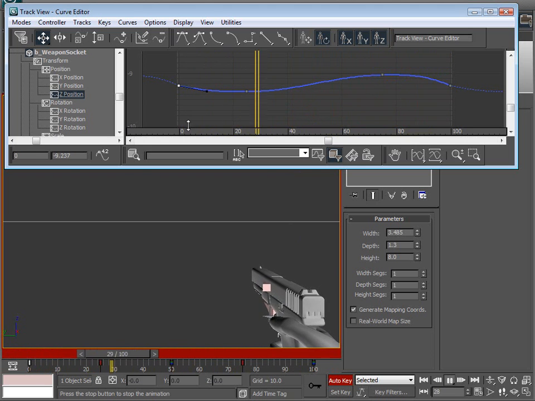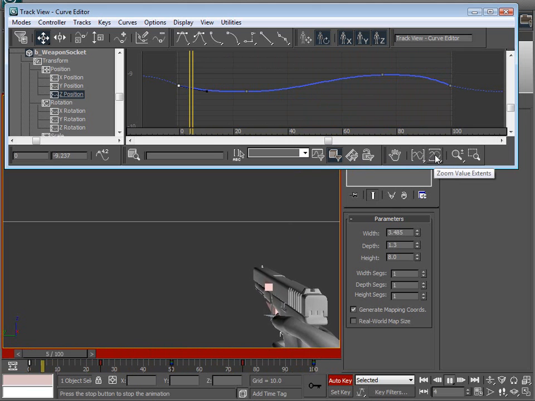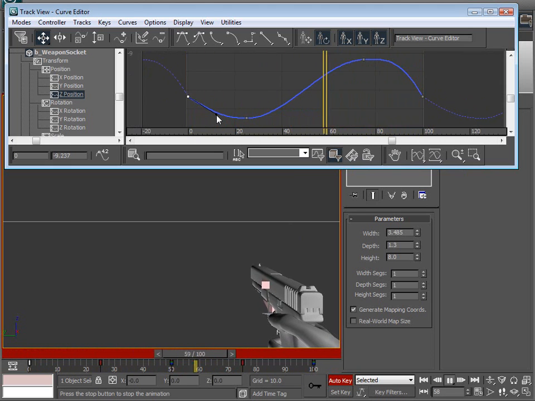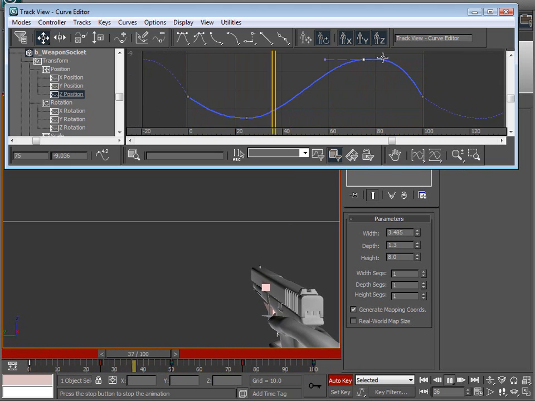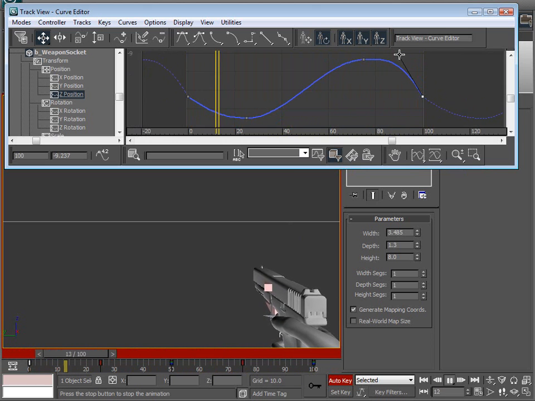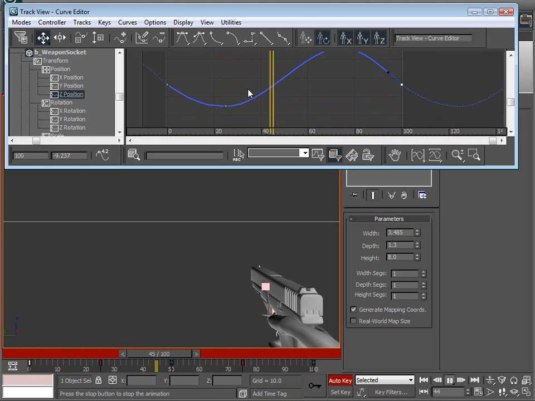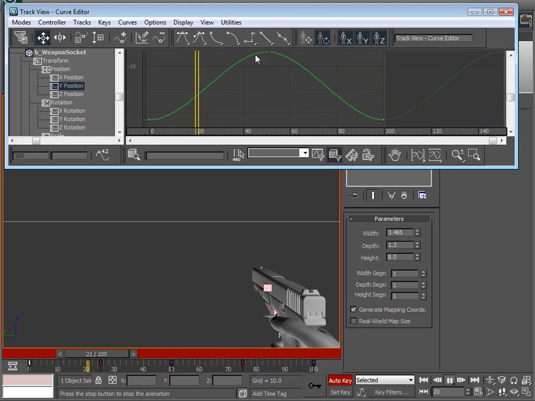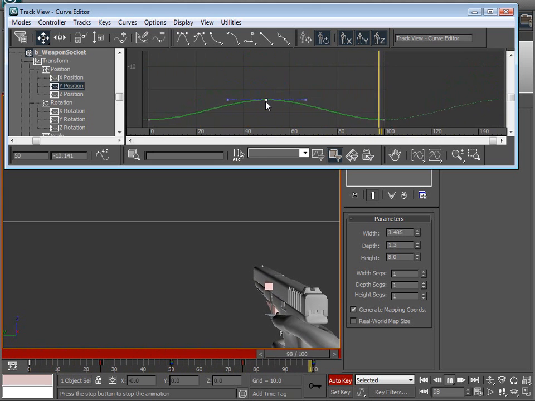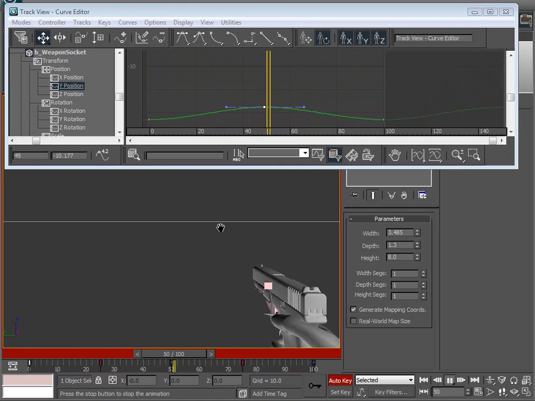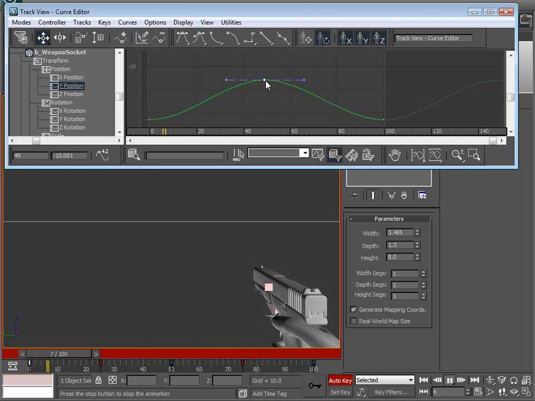And the other nice thing is, if you come here to zoom the value extents, you can kind of reset your curve to be the total height, so you can see how your curve is laying out. You can see that that one was going up too high. Okay, so now I've lessened my Z amount, and I'm going to lessen my Y amount, so it's not moving around as much. And now you can see it's just kind of bobbing. It's moving a little bit, and the more I drag this up,